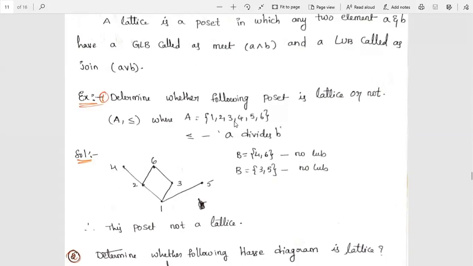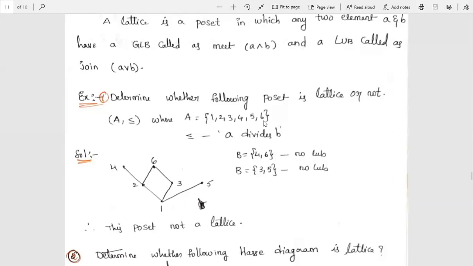2, and not divides by 3. So we take the 4 node here, so 1 to 2, 2 to 4. Next element 5. This 5 is not connected with the previous elements, it does not divide with any previous element. So the 5 is connected directly to 1. So we connect 1 to 5.